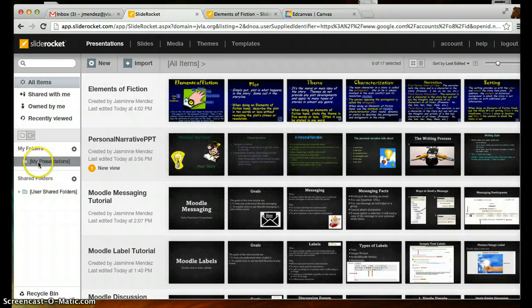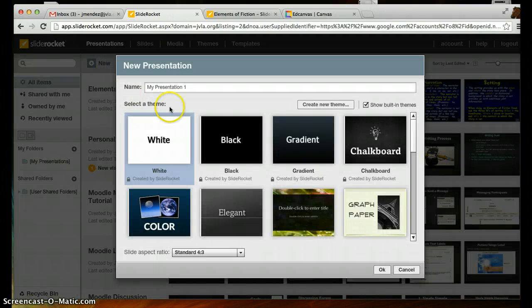I could also see my various folders that I've created. I only have one, my presentations, or any shared folders that I've created. So, to begin, if I wanted to create a brand new presentation within SlideRocket, I would simply select New, and this would allow me to create a new presentation. I would give my presentation a name, and so I can say, perhaps we're doing a presentation on the persuasive essay,